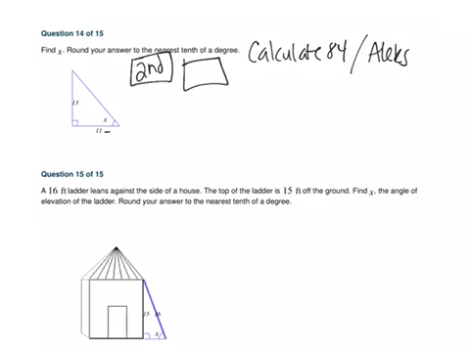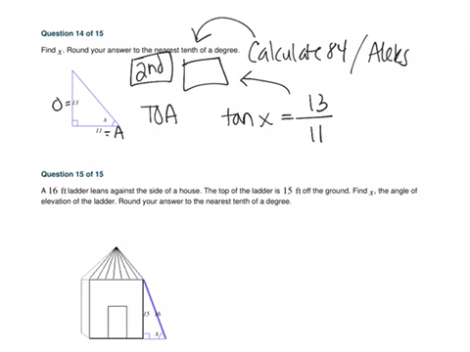In relation to x, 12, the adjacent side, and 13, the opposite side. So that tells us we're going to use TOA. If I set this up for myself, I'm going to say tan of x is equal to 13 over 11. This is where you plug it into the calculator. If you're in the Calculate 84 app, you would say second tan, and then you're going to punch in 13 divided by 11, and that's going to pop out an answer for you in degree mode,